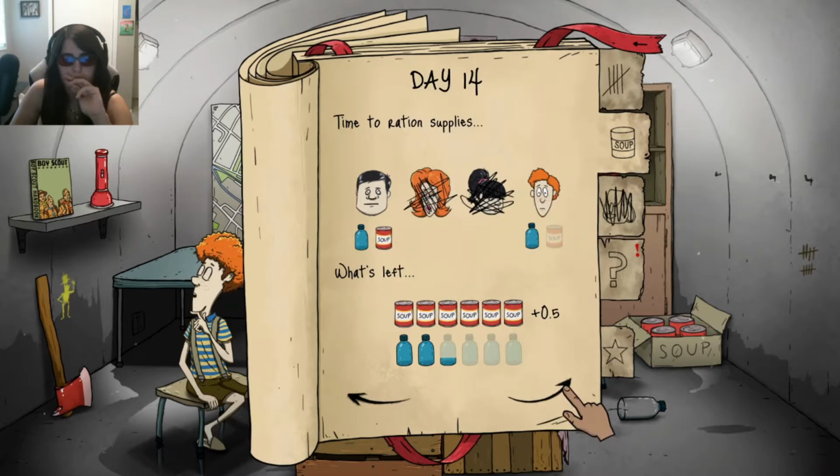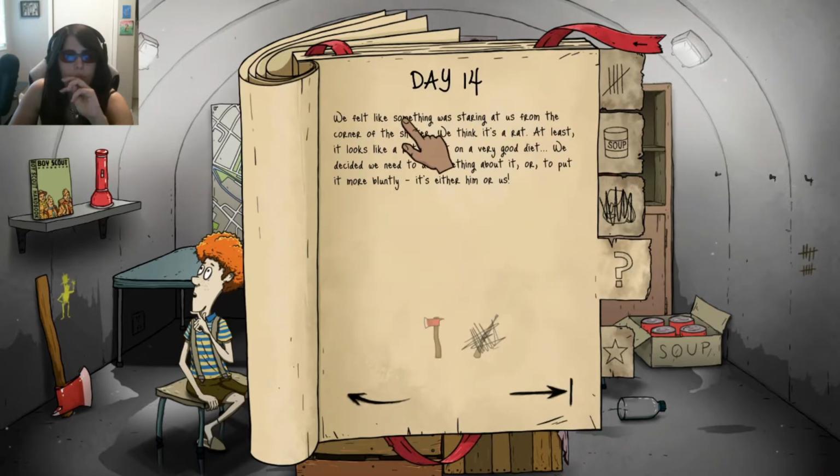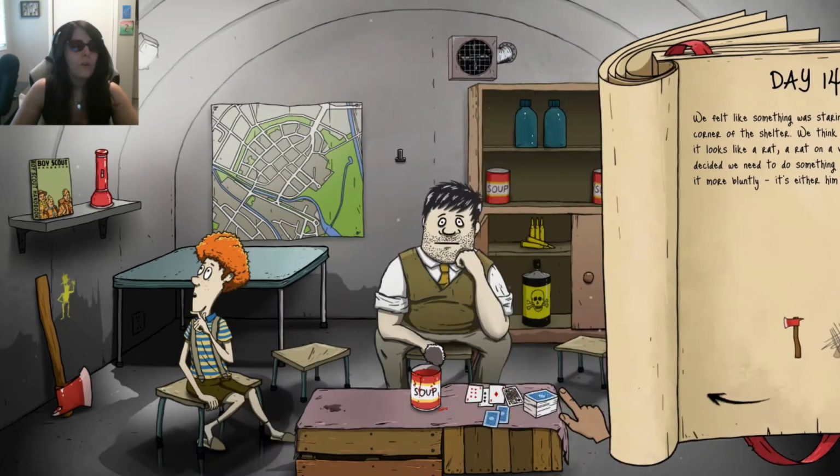We felt something was staring at us from the corner of the shelter. We think it's a rat. At least it looks like a rat. A rat on a very good diet. We decided to do something about it, or to put it more bluntly, it's either him or us. I mean, we don't have the gun as an option, so we'll just...